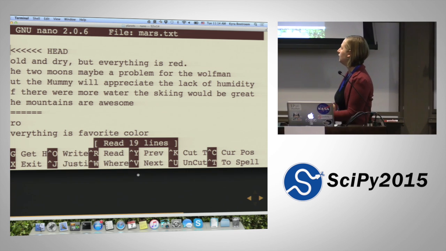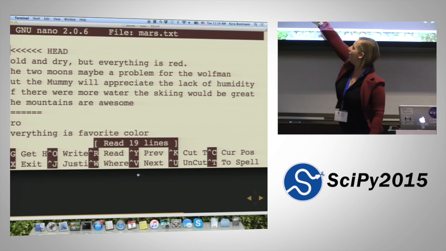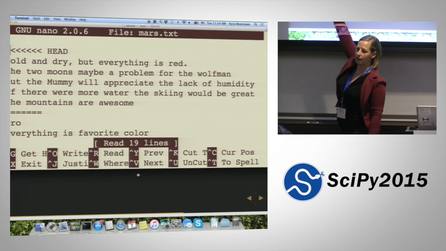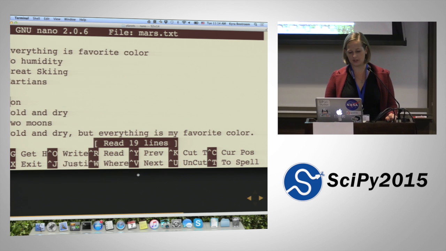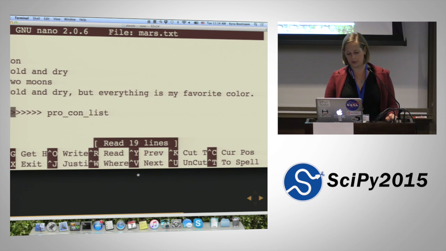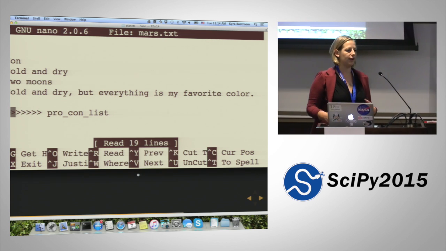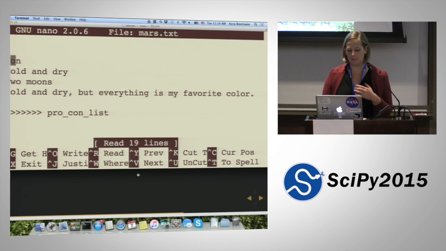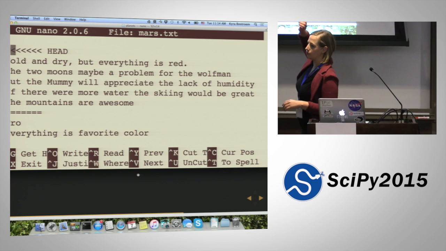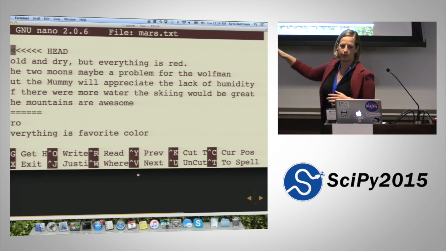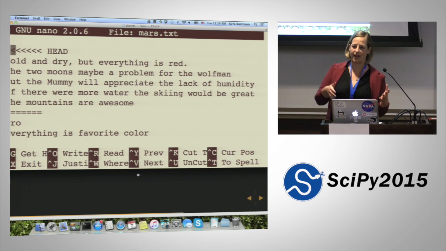And here what it's done is it said, one of your files looks like this. You have this thing that says head, and all the way down to the dashed line is what that file looks like. Then everything that's below the dashed line, up through this arrow that says pro-con list, that's what's in the other file. Your job is to make this file look however you want it to look. So you can keep whichever lines from one file you want to keep, you can keep the other lines from the other file, get rid of the head and the dashed lines and the pro-con list that it added in,